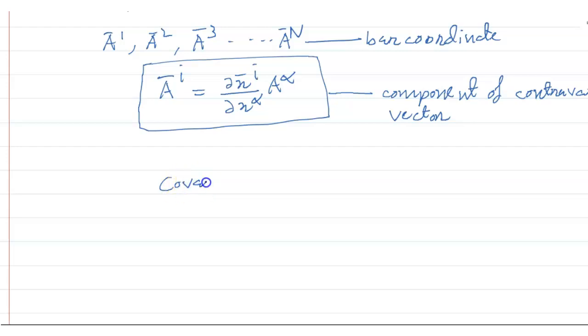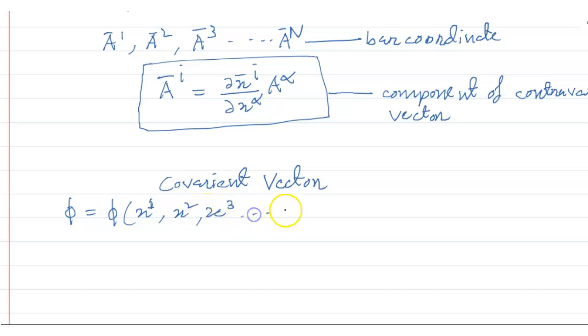Let phi be equal to phi of x superscript 1, x superscript 2, x superscript 3, up to x superscript n, and del phi by del x1, del phi divided by del x2, up to del phi by del xn